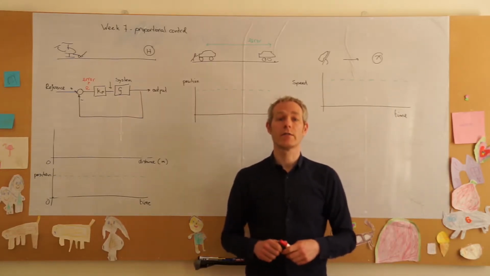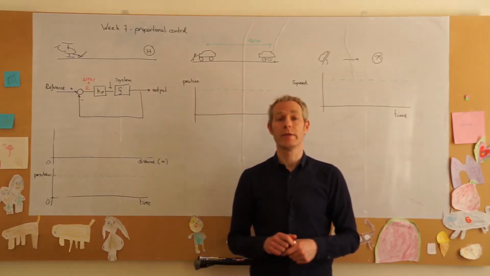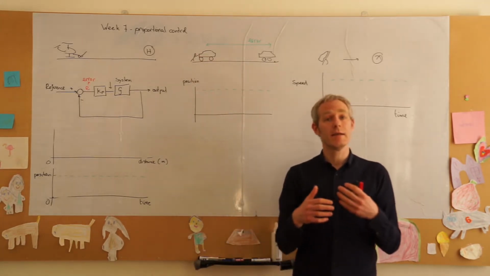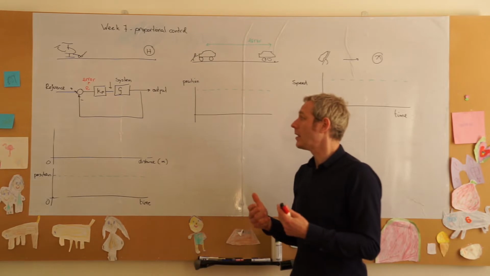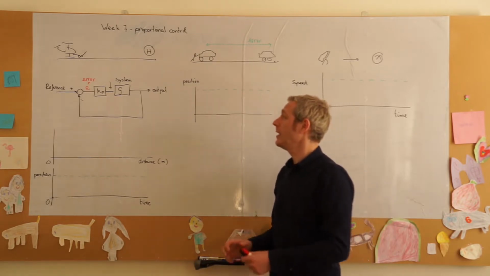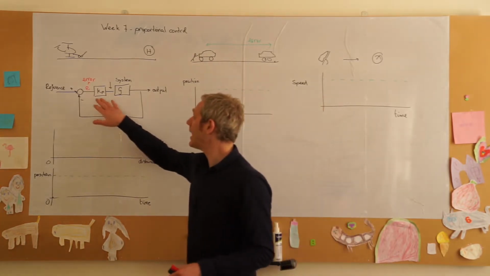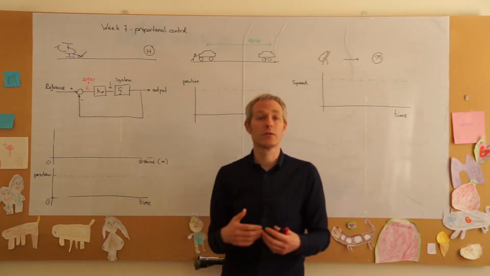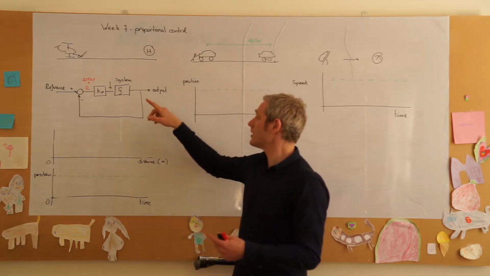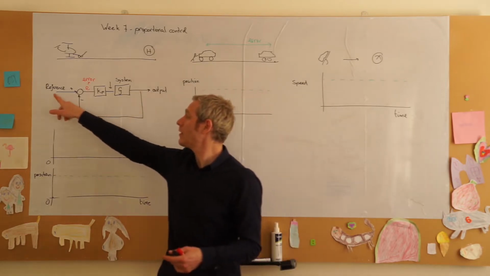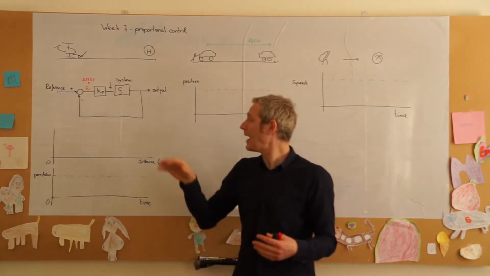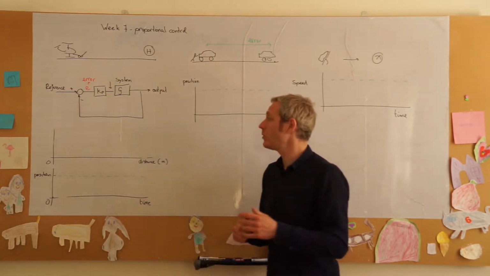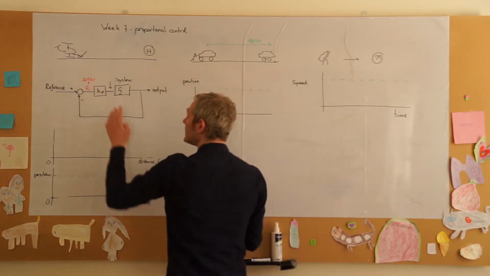Welcome to Automated Flight Week 7, and in this video we will talk about proportional control. It is the easiest, the most simple controller we can think of, where if we have a system with a certain transfer function where we want to make the system reach a certain reference value, where we want the output to match the reference value, the only thing we do is first determine the error, which is the difference